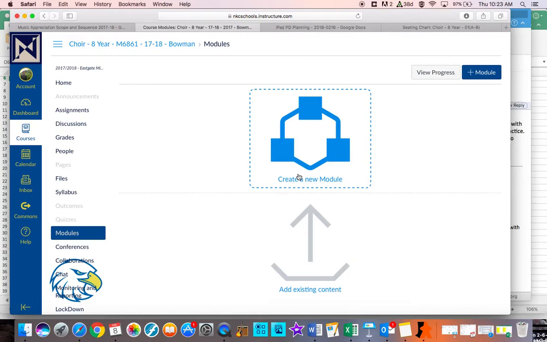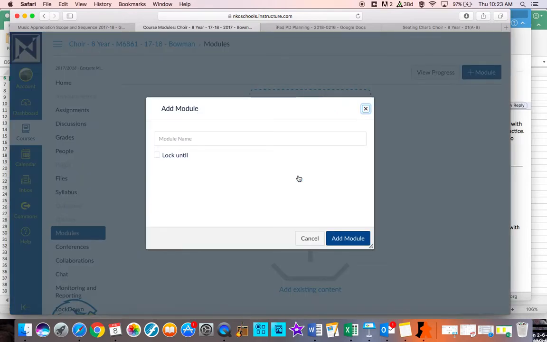So we're going to create a new module. And once I click on this, it comes up, and first is the module name. So let's say I have a rhythm unit that I want my general music class to work on. So I'm going to put rhythm unit. And I can lock this unit until a certain day. So if I don't want students to be able to work on it yet, maybe I have some really eager